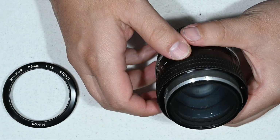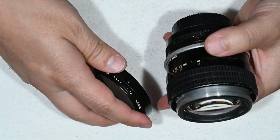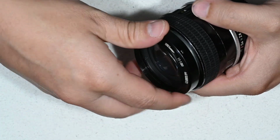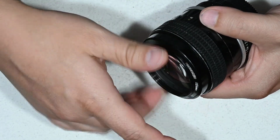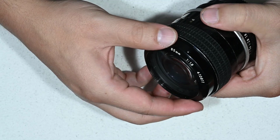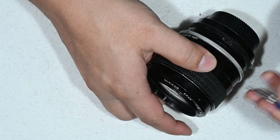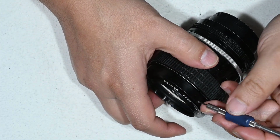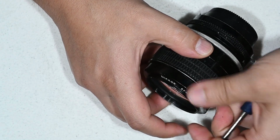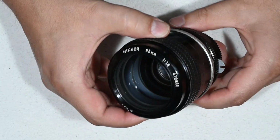and there you will need to notice what is the mark in which the set screw is going to lodge. Then you add the front element, you align to the mark. I didn't mark it because I did it already, so I noticed this position, and when you put the set screw it should enter without any difficulty. And with that we are done